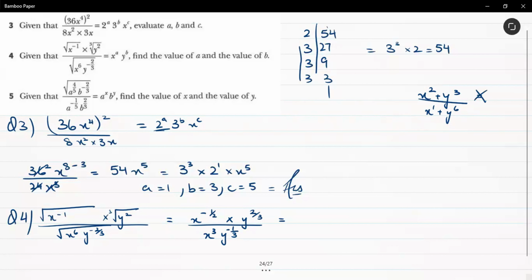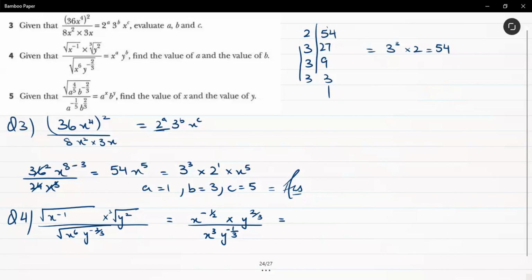It's going to be incorrect if you say that x to the power 2 minus 1 is 1, plus y to the power 3 minus 6 is -3. This is incorrect, because there's no such rule that lets you do this with addition. A lot of people make this mistake, and it's not part of mathematics if you do this, okay? So take care of that. Only when you're multiplying do you have the flexibility of subtracting or adding the powers. So